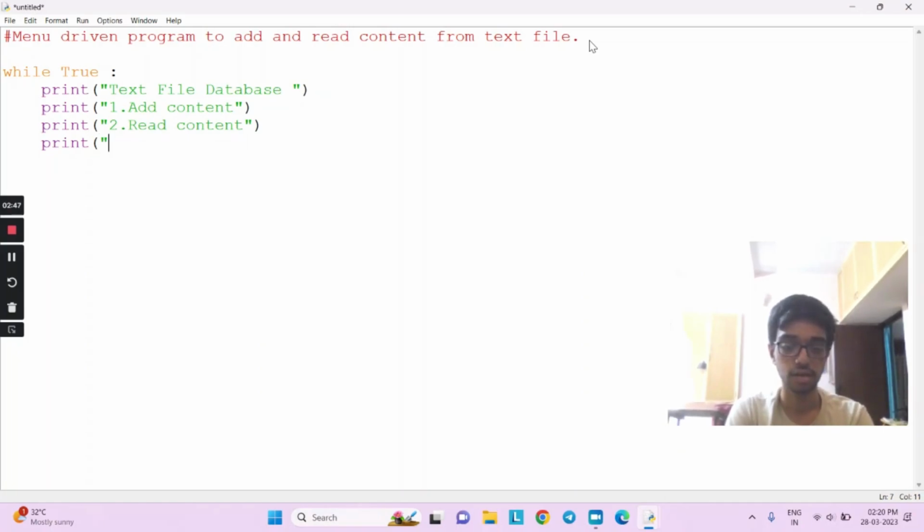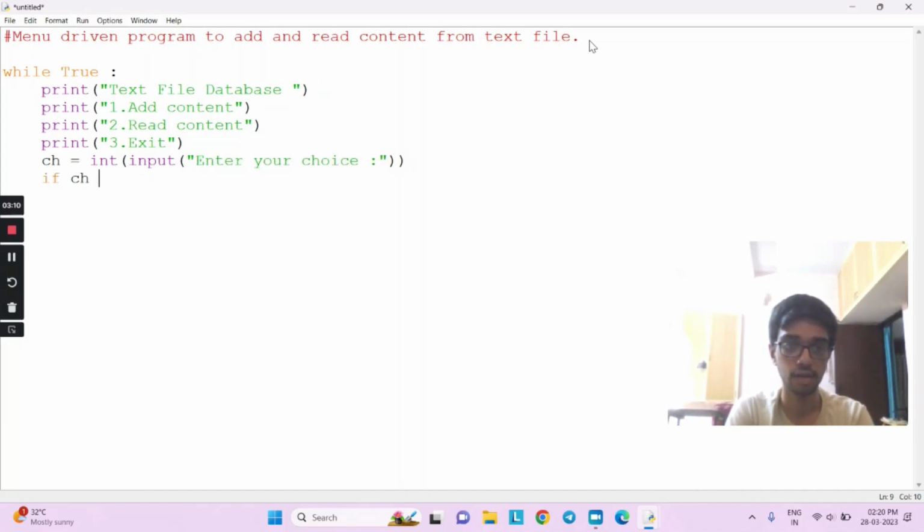Print 3 exit. So ch is equal to, not double equal to, single equal to. Enter your choice.